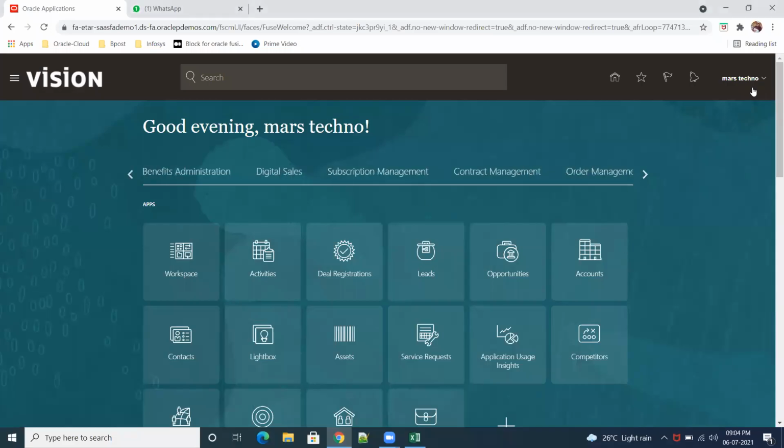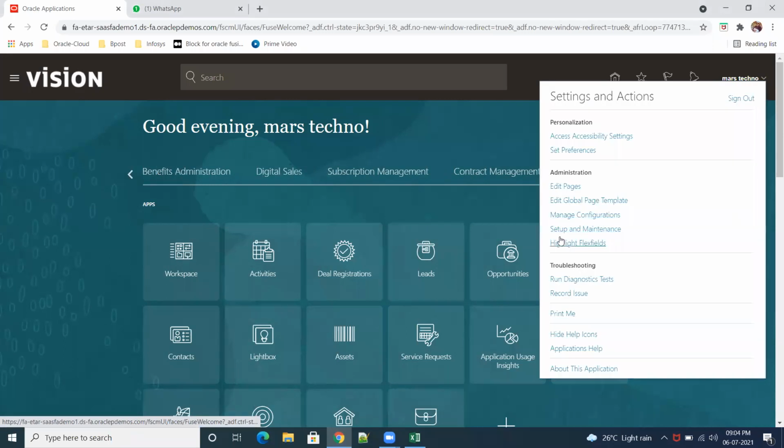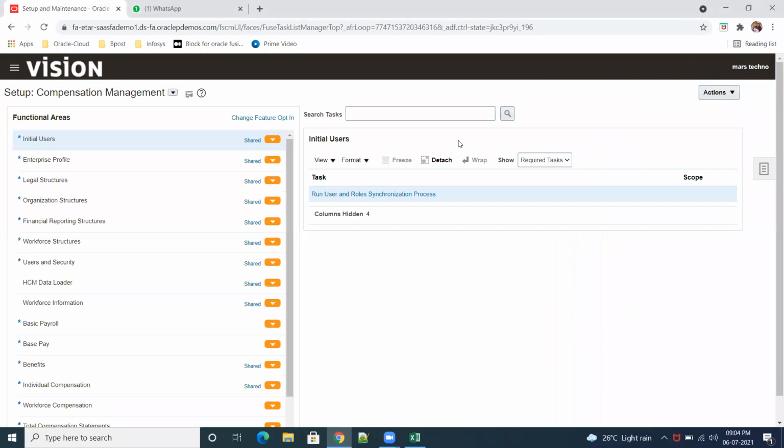Okay. So go to financials. Today our agenda is the steps that were pending yesterday: specify ledger options, adding the legal entity with the ledger, and then balancing segments definition. After that, we are going to verify whether our ledger is working or not using a manual general entry. And later, if time permits, we'll see the rapid implementation. Okay, that is our agenda today. So we'll go one by one.